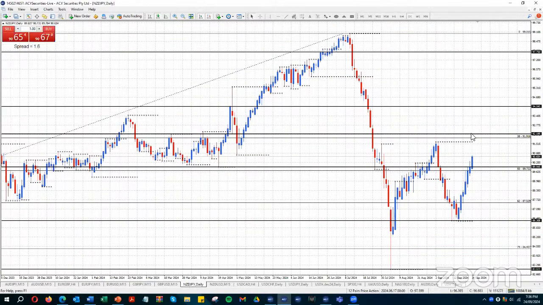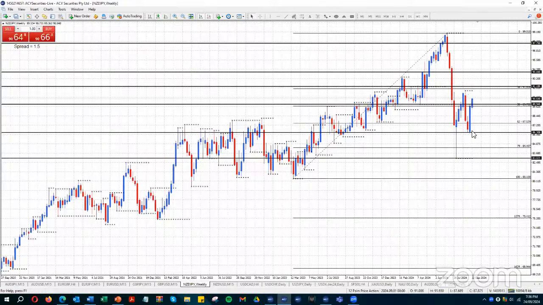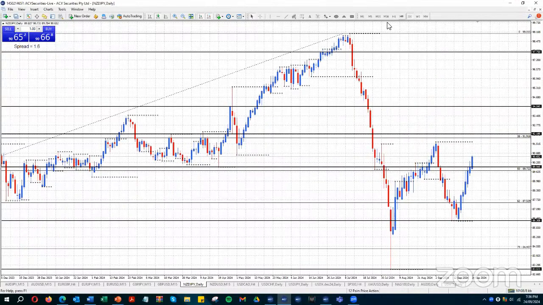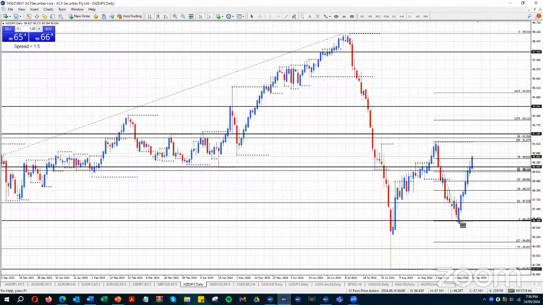New Zealand yen is going to be the same as the other yen pairs. The weekly is lower top, higher bottom. It's getting above this weekly resistance area. It's coming up to the 79% level of that range. So if you're looking to short any of these yen pairs because you think we're back up to the high end of the weekly range, which is kind of mixed at the moment,